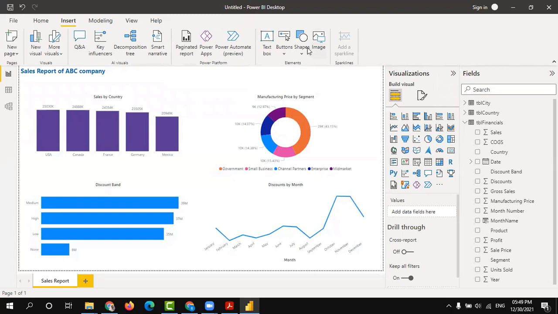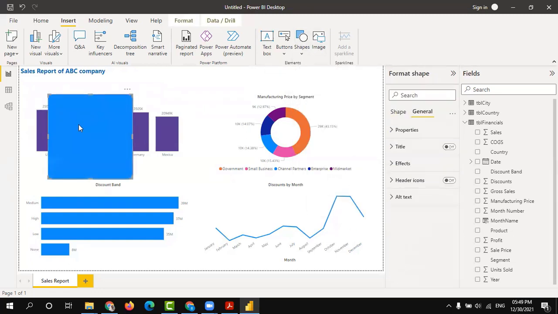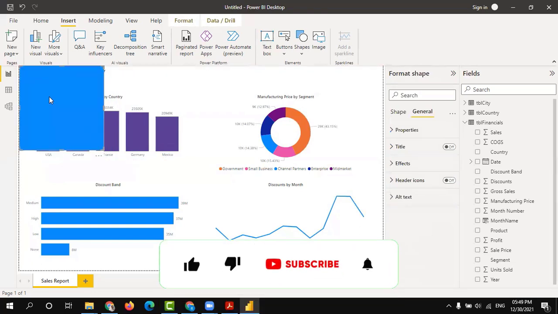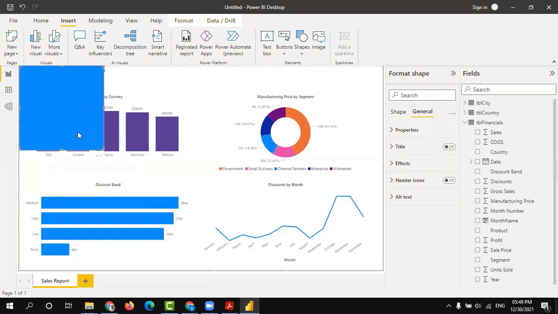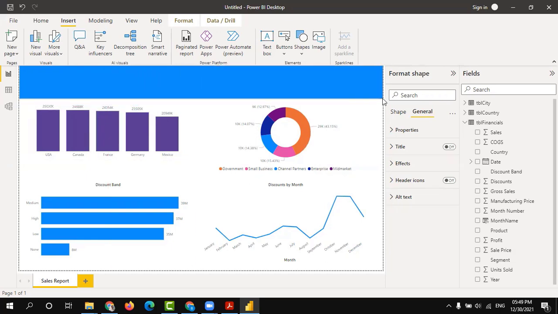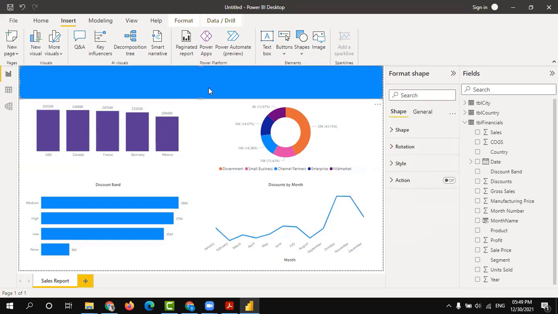And also, to give a professional look, I'm going to add one shape here. Whenever you add shapes or objects, they will be in order. The first object will go to the back, and the latest object which we added will come to the foreground.